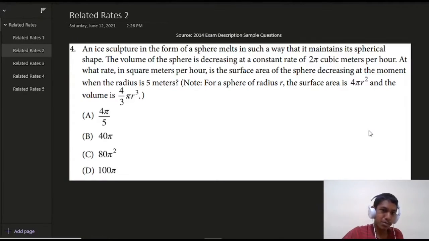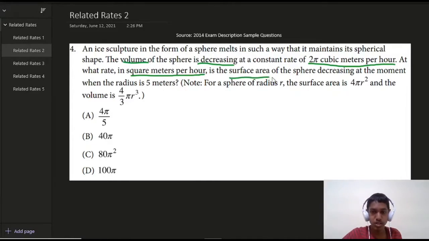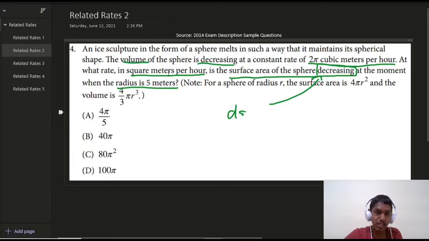Our next related rates problem is an ice sculpture. Okay, so the volume is decreasing at a constant rate of 2 pi cubic meters per hour. What rate in square meters per hour is the surface area of the sphere decreasing at the moment when the radius is 5 meters? So the fact that the question uses the word decreasing to describe the rate of change of the surface area should tell you that your final answer, we'll call S the surface area,